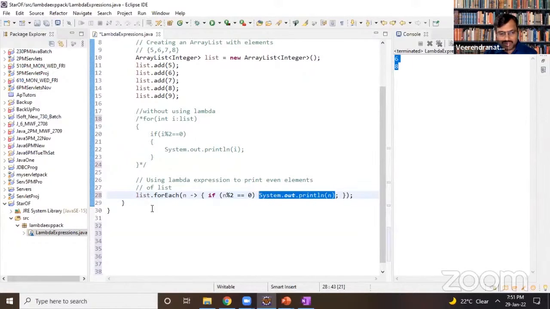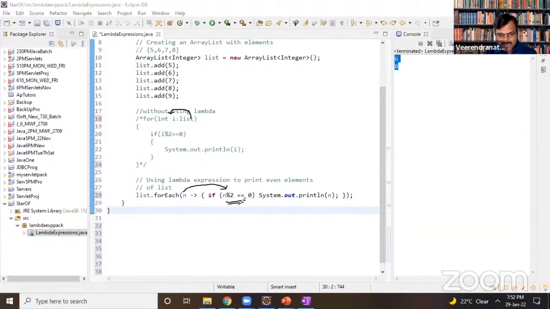So what are we trying to have here? Same thing that you have done over here. You are sending each and every element into the n value, and it is being validated here, and if it equals 0, n will be printed.